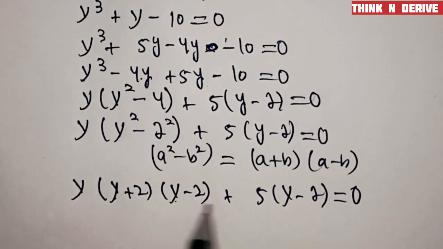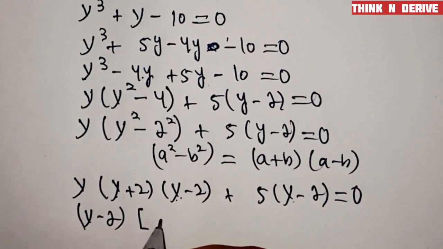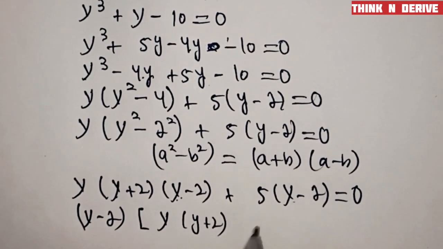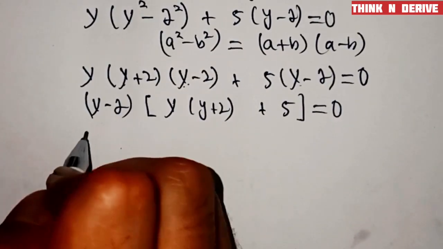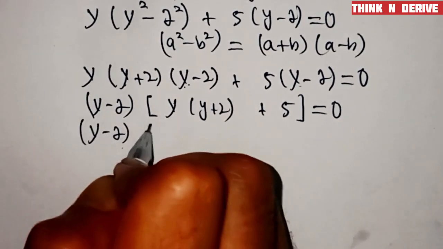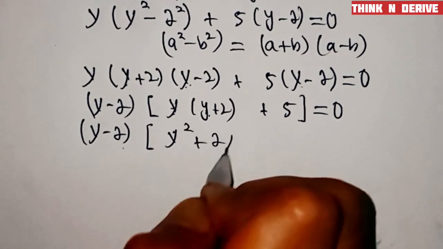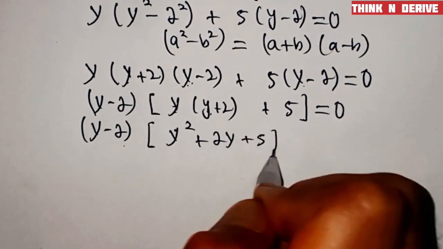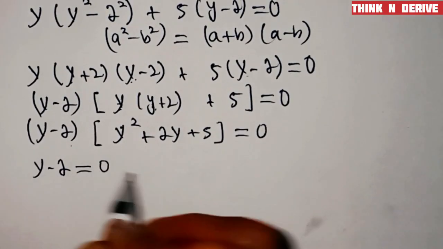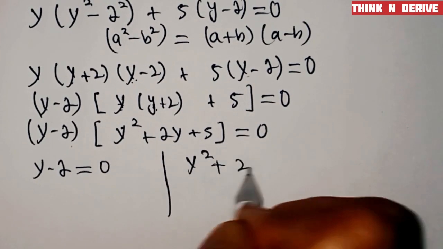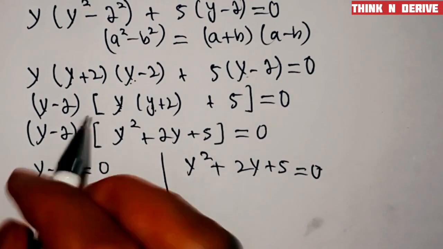Now take y minus 2 common in both these terms. (y minus 2)(y plus 2 plus 5) equals 0. So simplify this: (y minus 2)(y square plus 2y plus 5) equals 0. That is, y minus 2 equals 0 or y square plus 2y plus 5 equals 0. That is y equals 2,